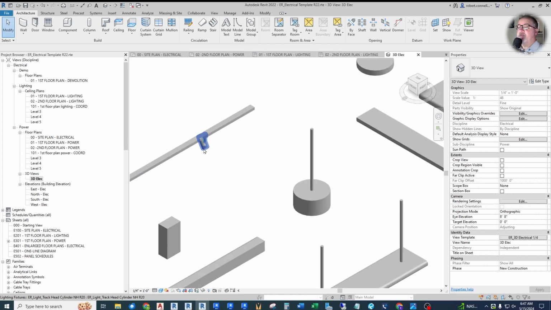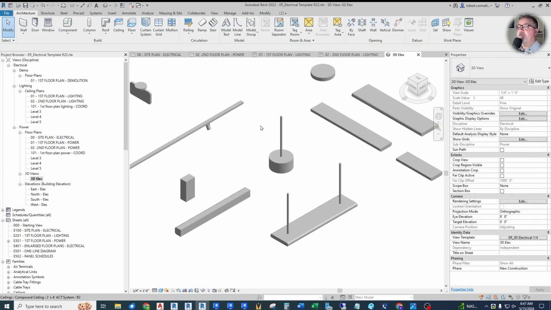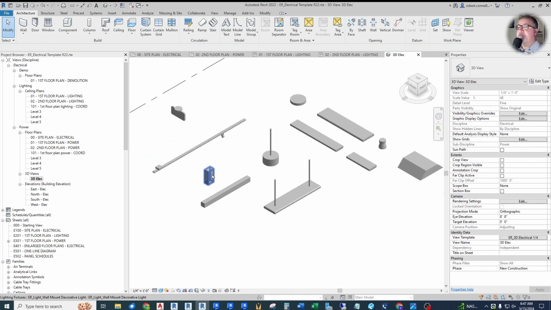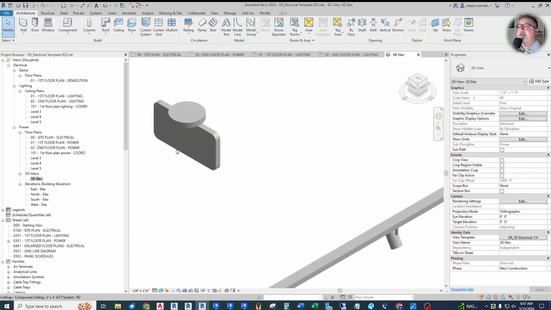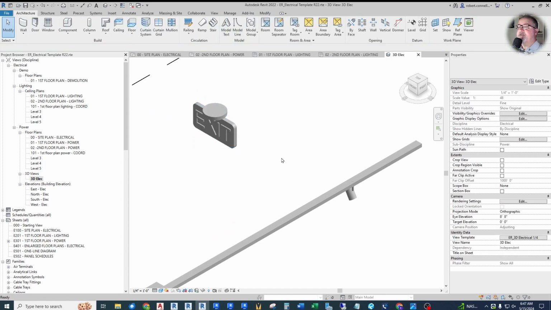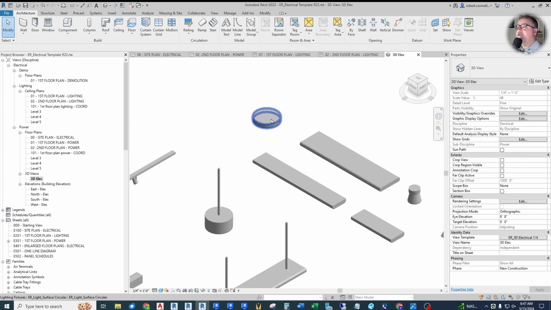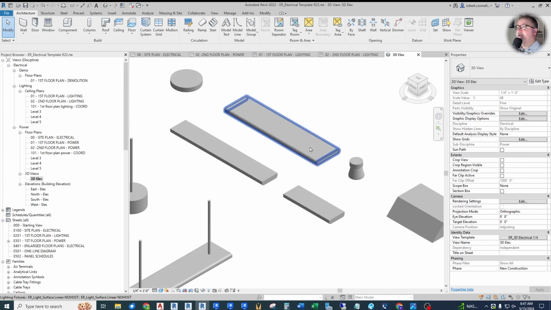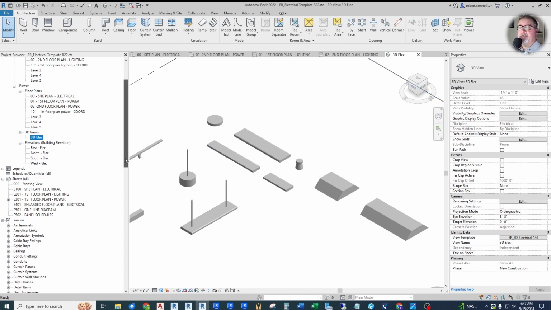I have my track with my track head. A lot of these are unhosted, so we can move these around and adjust them vertically. I've got a wall mount linear. I've got my exit sign. And right now it's a single face, so you can turn that around. And then here's my circular surface. I have some linear surface. I have some linear